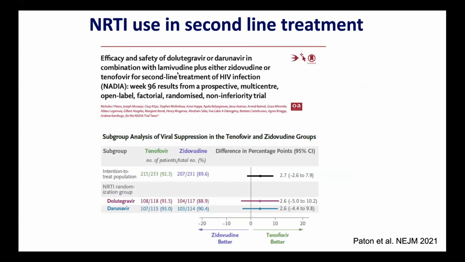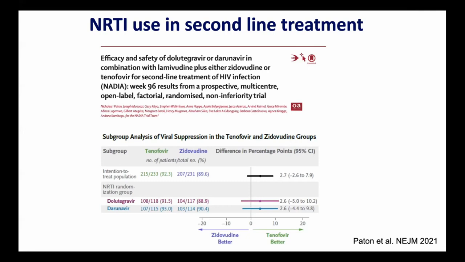One other point I'd like to make is based on the Nadia trial, and Dr. Schaefer will be telling you more about this trial, which I think is a very important trial. But the only point I want to make is that people who fail AZT3TC and nevirapine, who then went on to treatment, who developed a resistance to 3TC, the question has been, what do you do with patients who are failing a regimen with these nucleosides? And the point is,